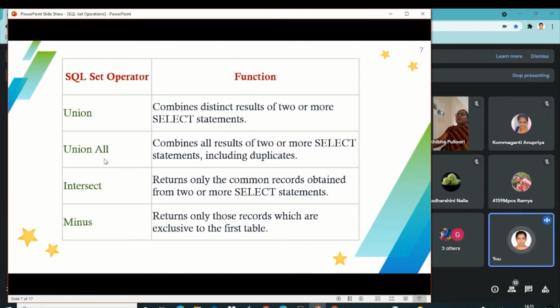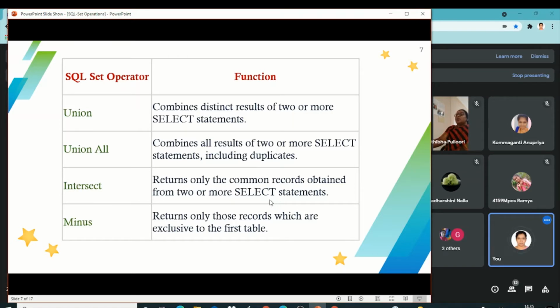Union all is similar to union, but the difference is that it includes the duplicates. All means it includes all the rows from the selected statements. Union eliminates duplicates, but union all includes all the rows, including the duplicates. Intersect returns only the common records obtained from two or more select statements.